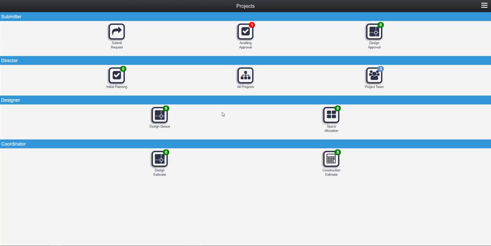We've now moved on to the fifth step in the project process. It's at this point that the original requester will need to look at the estimate for the design and approve or reject that. After the initial requester has provided their approval, it will end up going up a chain through